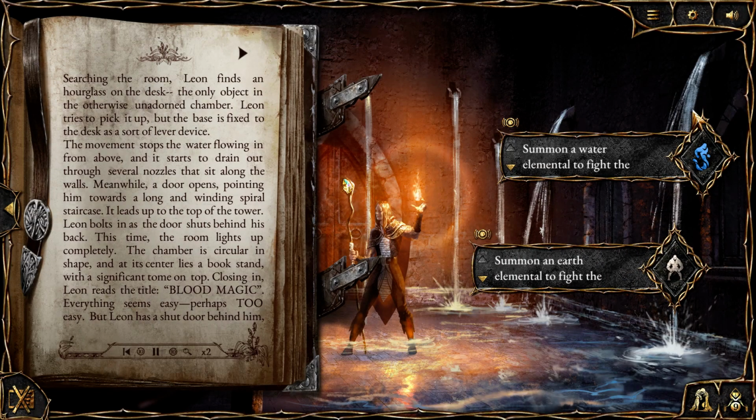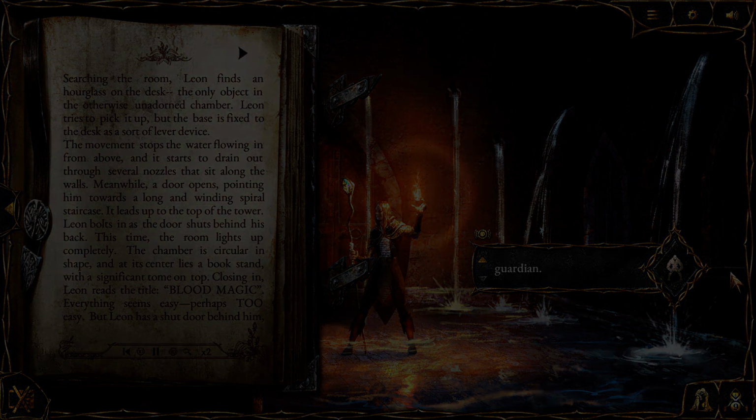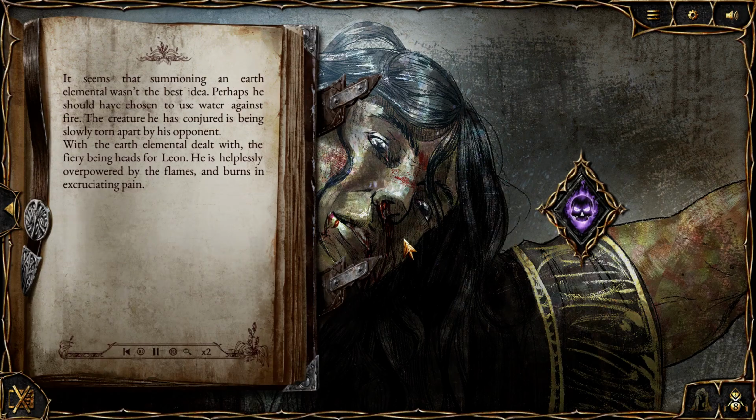Searching the room, Leon finds an hourglass on the desk, the only object in the otherwise unadorned chamber. Leon tries to pick it up, but the base is fixed. It seems that summoning an earth elemental wasn't the best idea. Perhaps he should have chosen to use...